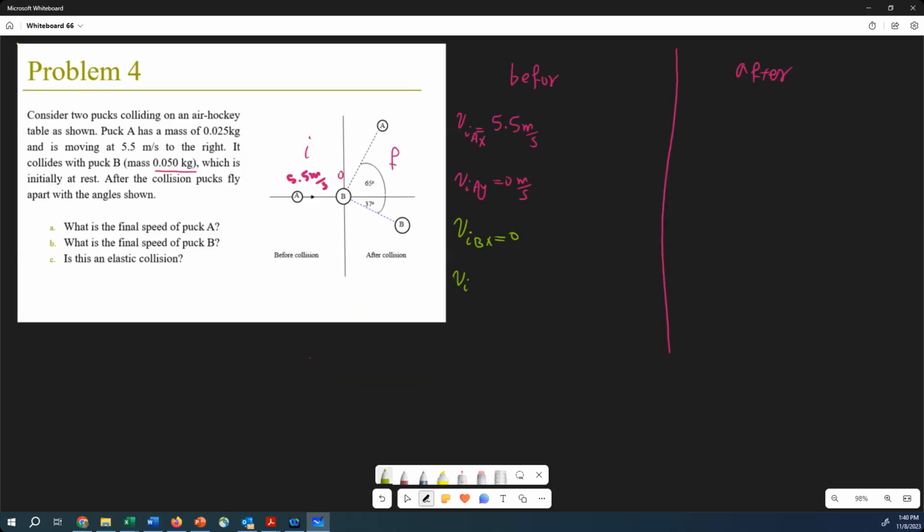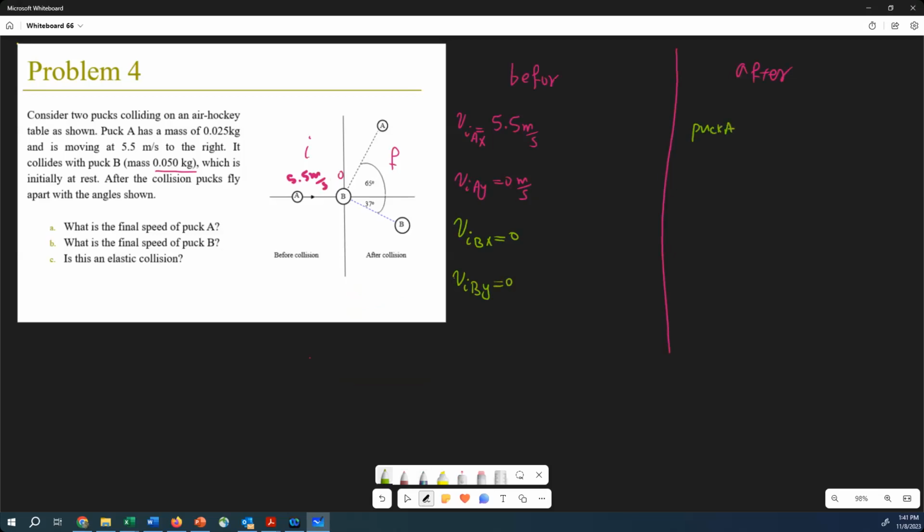Initial velocity of puck B at the y-axis again is 0. It means that it's at rest. Okay, after collision, puck A